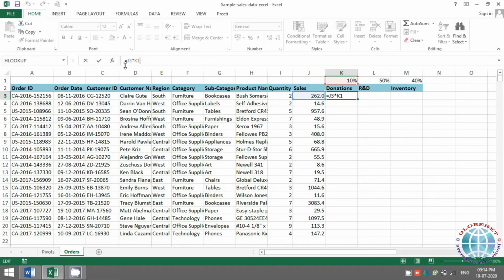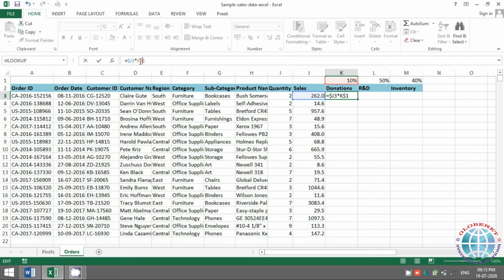So what I'll do is I'll put the $ only before J because I want to freeze the sales column, the J column. Similarly, for K1, do I want the 1 to move down? No. I want that 1 should always remain, as in the reference of 1 should not move. But when I drag the formula sideways, the reference of K should go to L and then to M. That means I do not keep the freeze before K, but before 1 I will keep it.